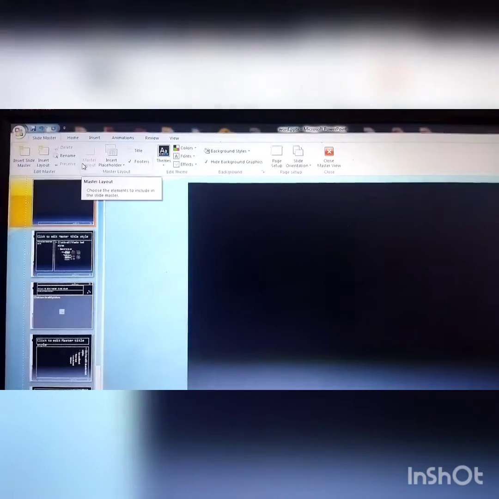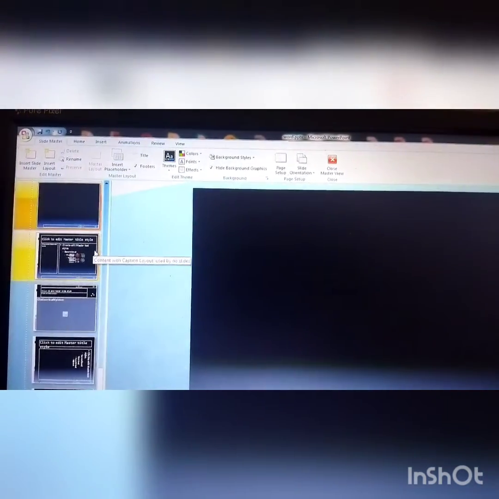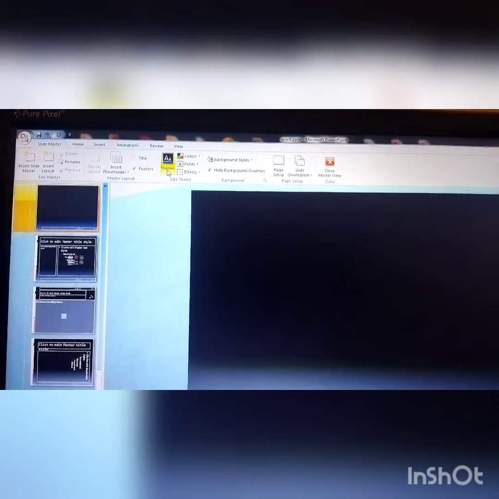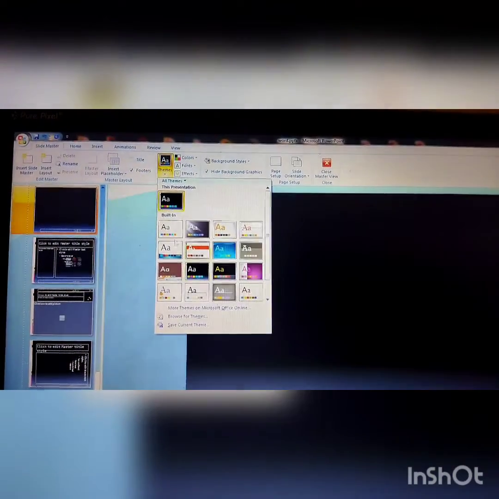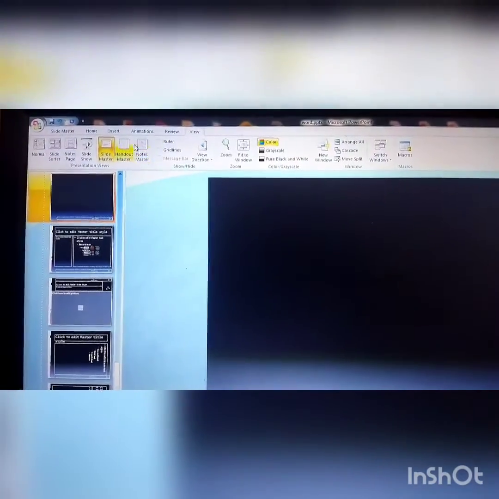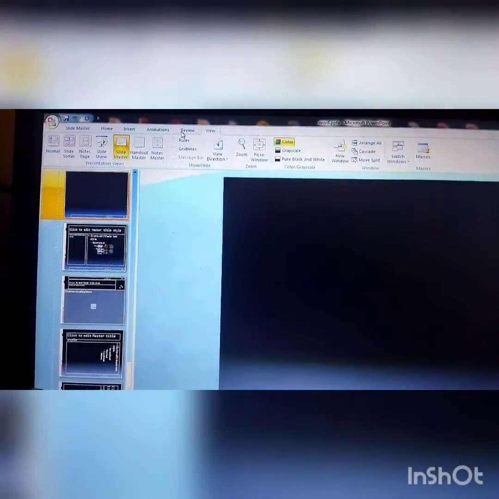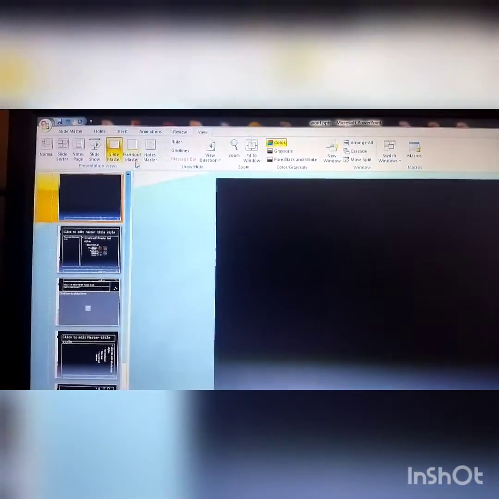Next is your slide master. Open slide master view to change the design and layout of the master slide. Just press and click it. So this is the slide master area. You can see properly. After that you can see these are the themes, different types of themes available in slide master. Then colors, fonts, effects, and background color are also available. Now next student, in the view option you can see handout master and notes master. So you can apply different types of views in your PowerPoint presentation.